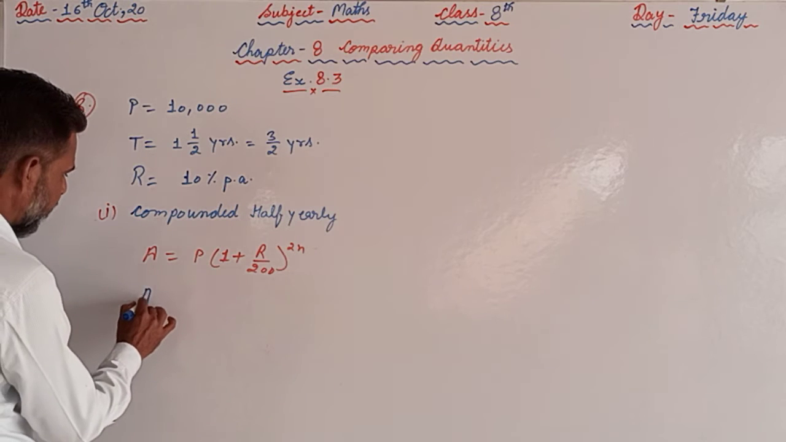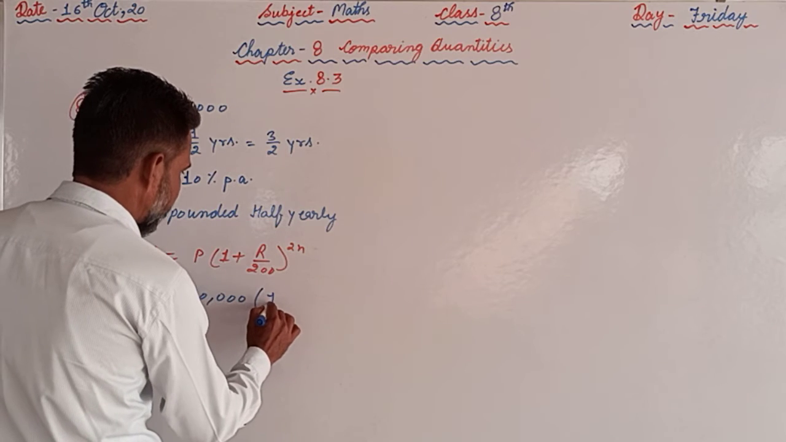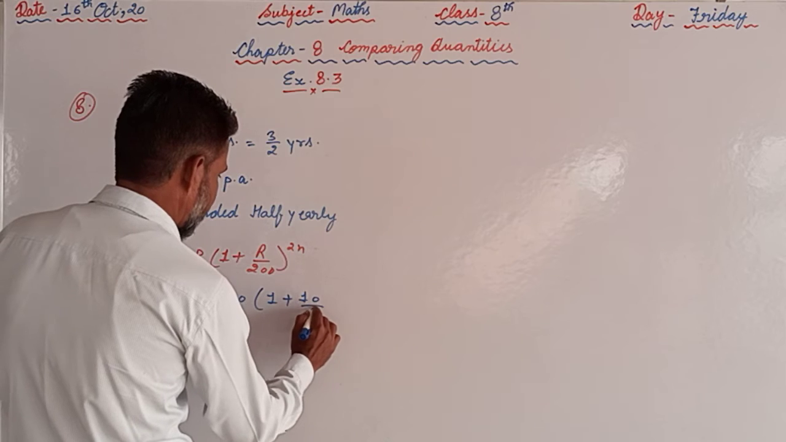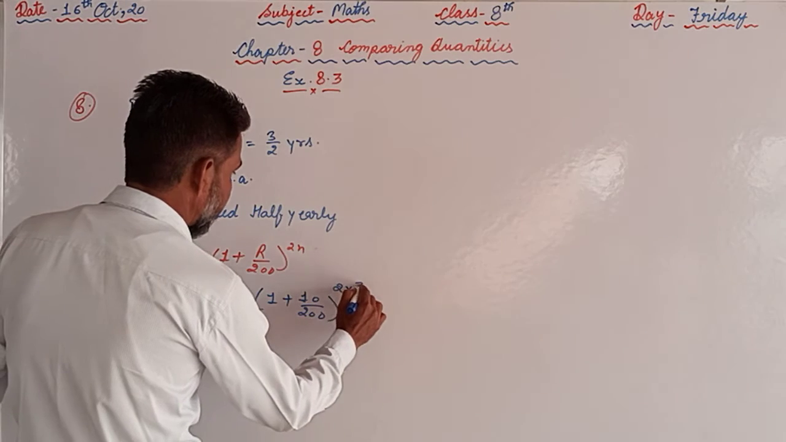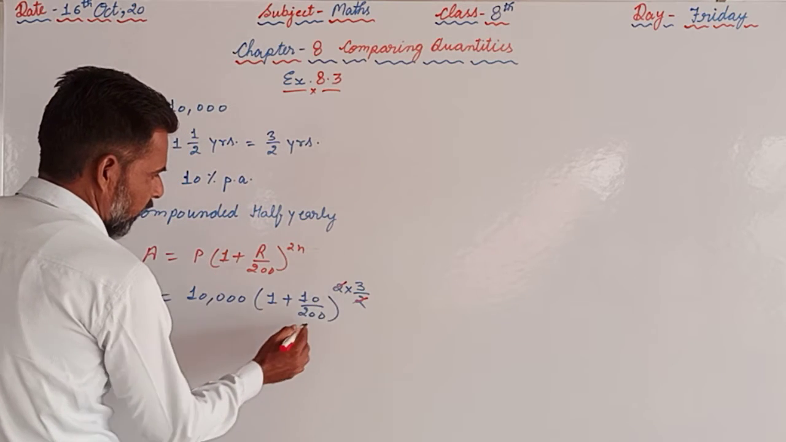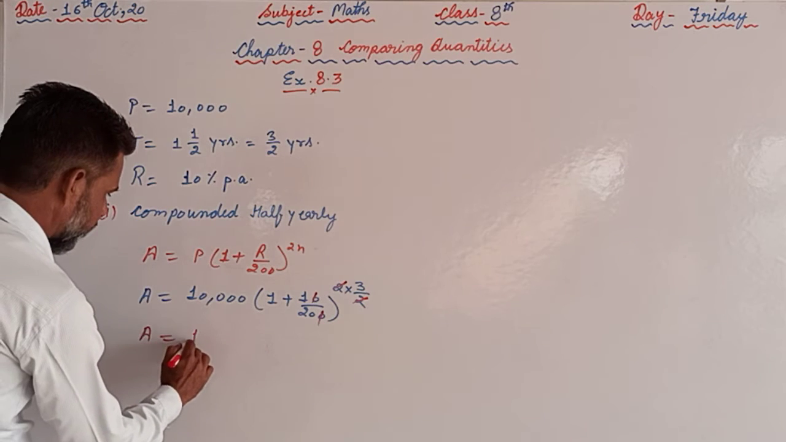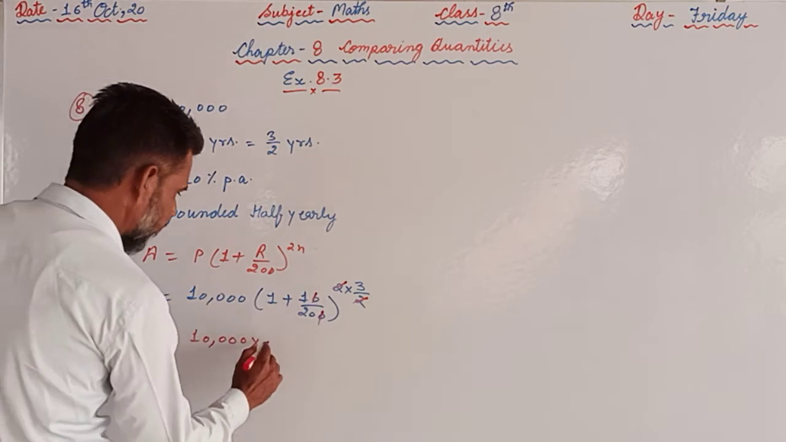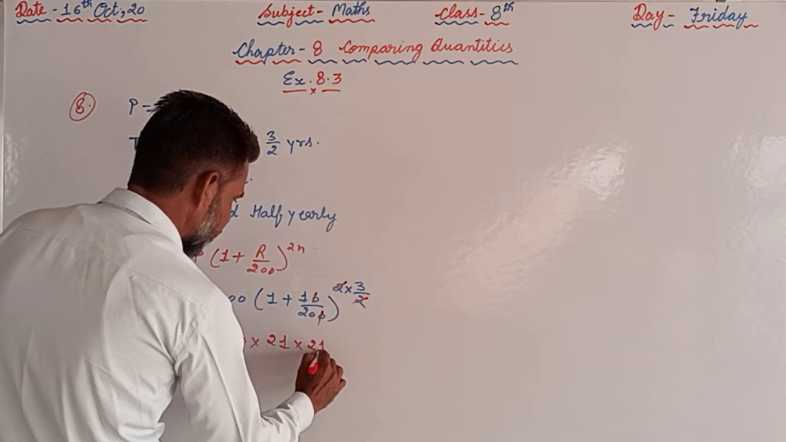So the amount will be equals to 10,000 into 1 plus 10 upon 200 raised to power 2 into 1.5. So that 2 will cancel out 2 and 10 will be cancelled out. So it will be amount is equals to 10,000 into 21 is 20, 20 plus 1 21, and that is repeated for 3 times